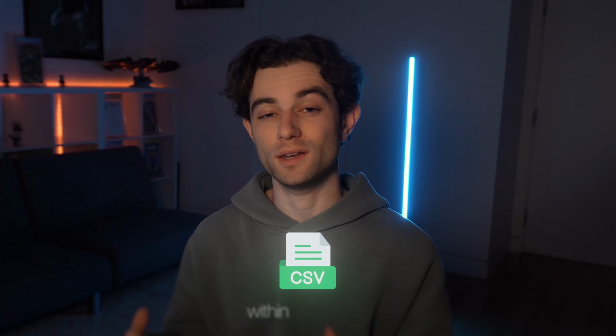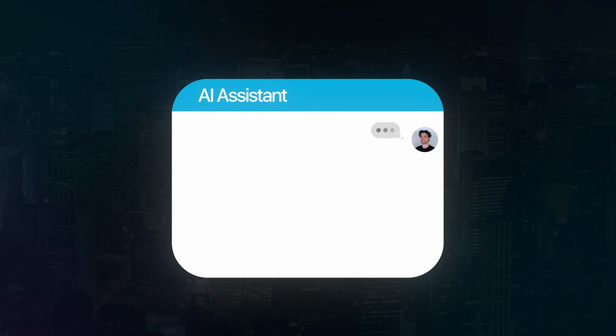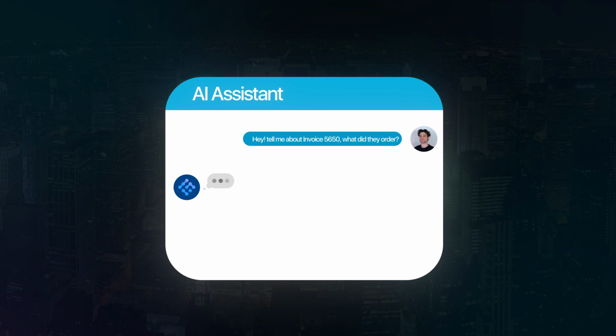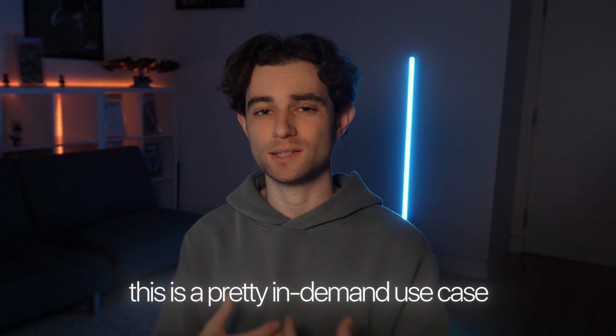I'm going to show you exactly how to communicate with a CSV file within an AI agent. I'm going to be able to ask any questions I have regarding that spreadsheet. The AI agent will be analyzing the spreadsheet and then be able to respond to my question. It's going to be a super simple and easy tutorial, and this is a pretty in-demand use case. I see a lot of people struggling trying to build these out, connecting CSV files with AI agents. So of course, I found the easiest way of doing it, and I'm going to share it with you guys